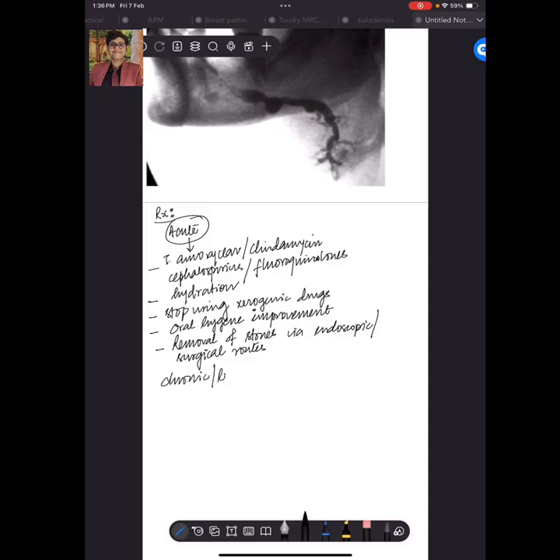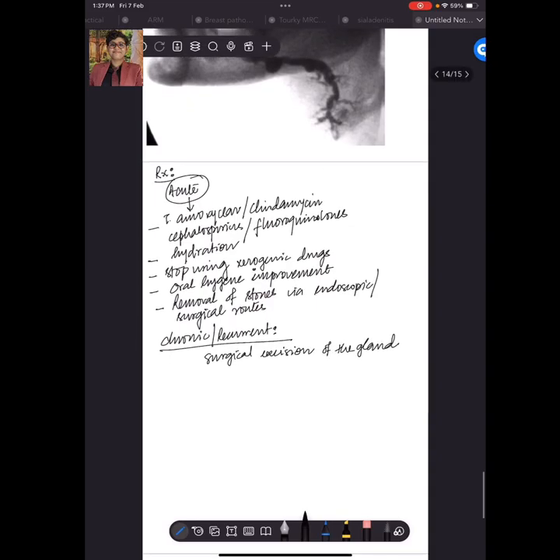These are the mainly available treatment methods. With chronic or recurrent cases, if the above methods fail, then we can go for surgical excision of the gland. Now there is a newer method, that is extracorporeal lithotripsy. That can also be used. Now there are different types of post-operative complications which are important and should be known. Post-op complications are